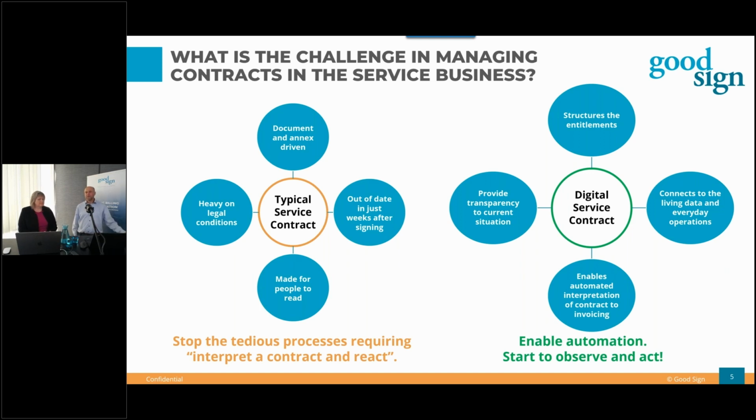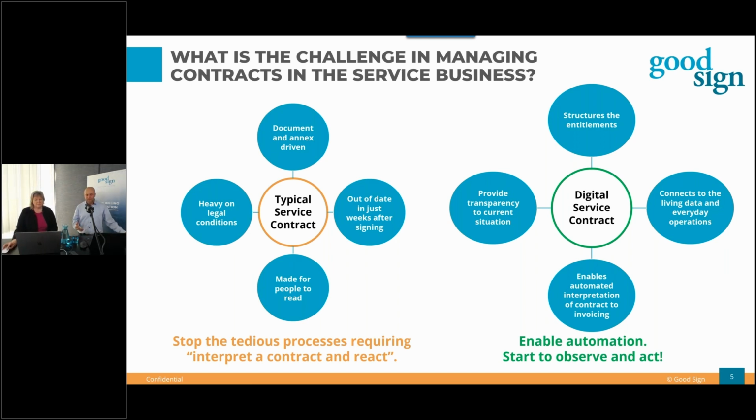And typically, a few weeks after the contract is signed, it's already out of date. So things have changed, customer uses different services, and having those contracts, for the lawyers and for the others, just means that people need to interpret these contracts, and check what did it mean in terms of